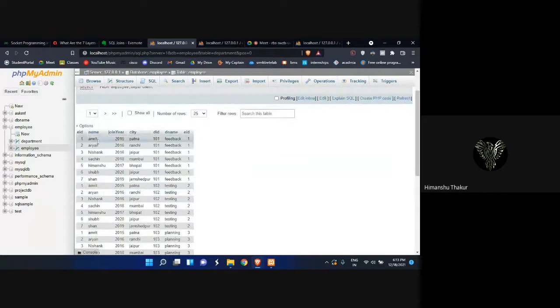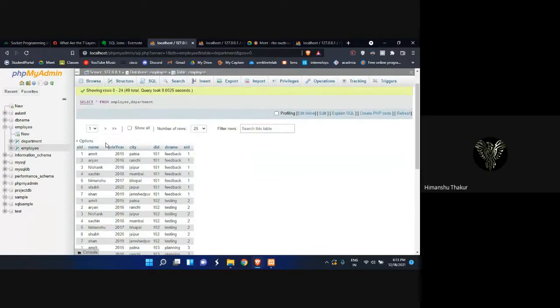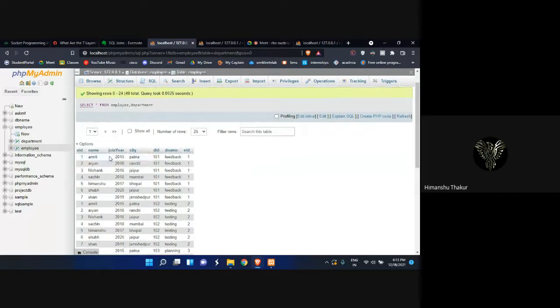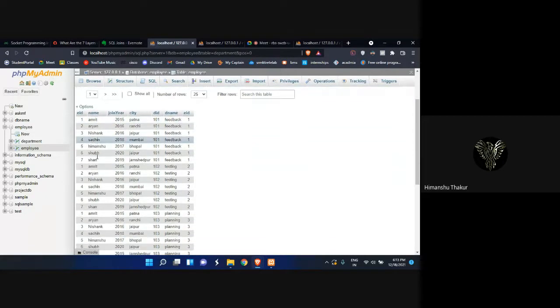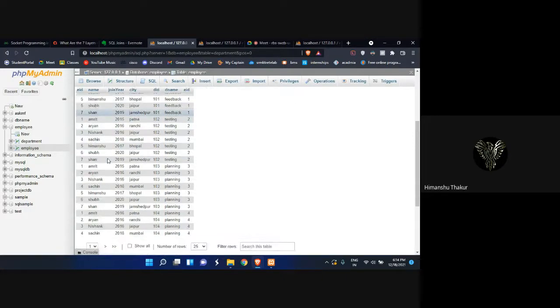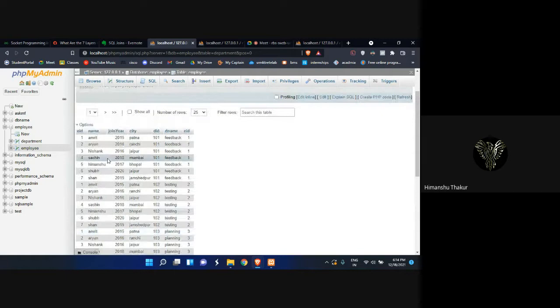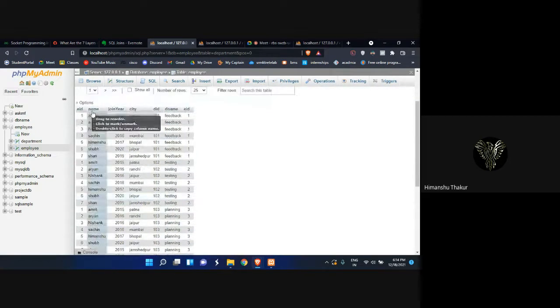So what I meant is, look, till here there is one record, and this whole table is being repeated the number of times on the left.